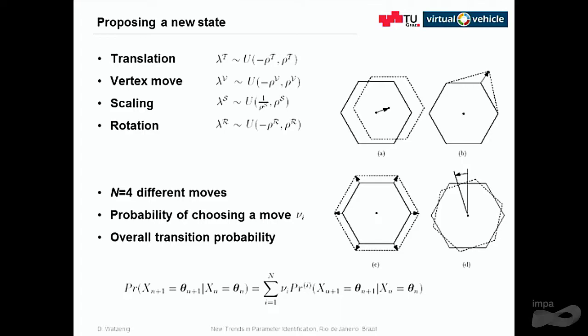So you pick different moves at random: some sort of translation, so moving around in X and Y in the plane; a vertex move, which means just moving one single control point; a scaling move, so scaling and shrinking; and the rotation move, of course. So you pick those at random. You choose a step size at random, so a lot of random parts are in there,